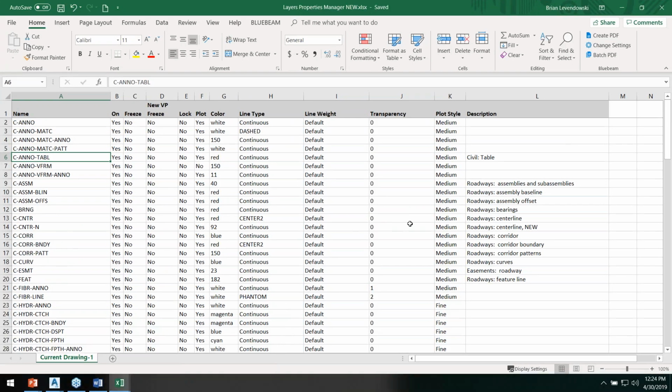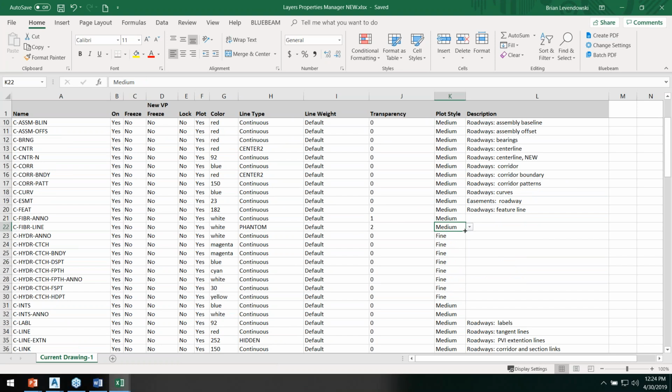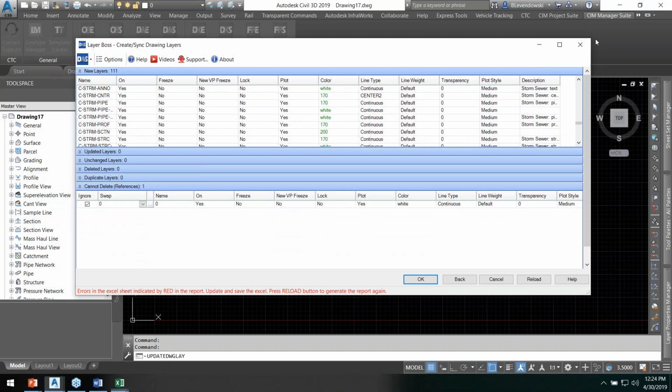So maybe I'm not ready for my plot style settings yet. I can set those to medium, for example. And here's the beauty of this: you can work with both of these at the same time. Have Excel open, have this open, make those edits, make those tweaks, understand what it's going to do to your drawings and your template,